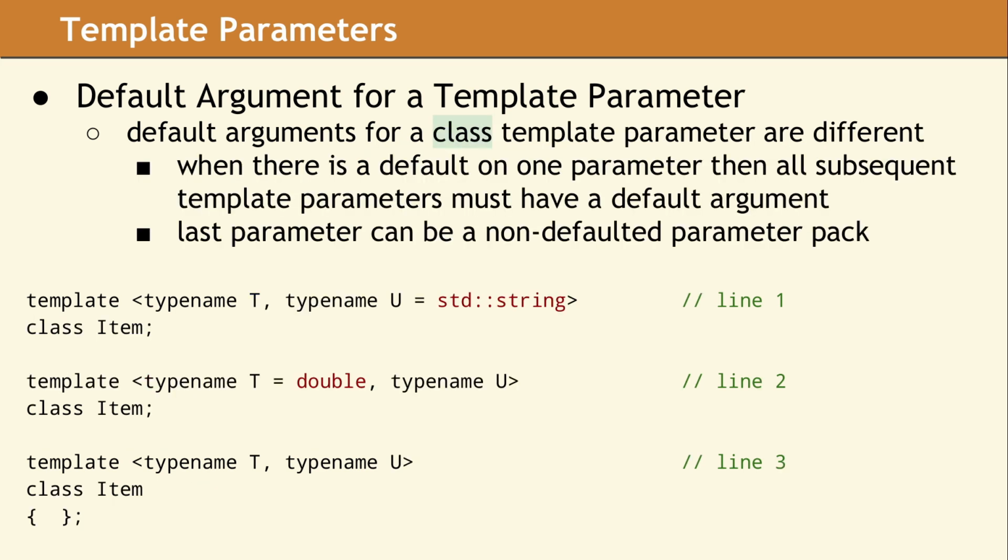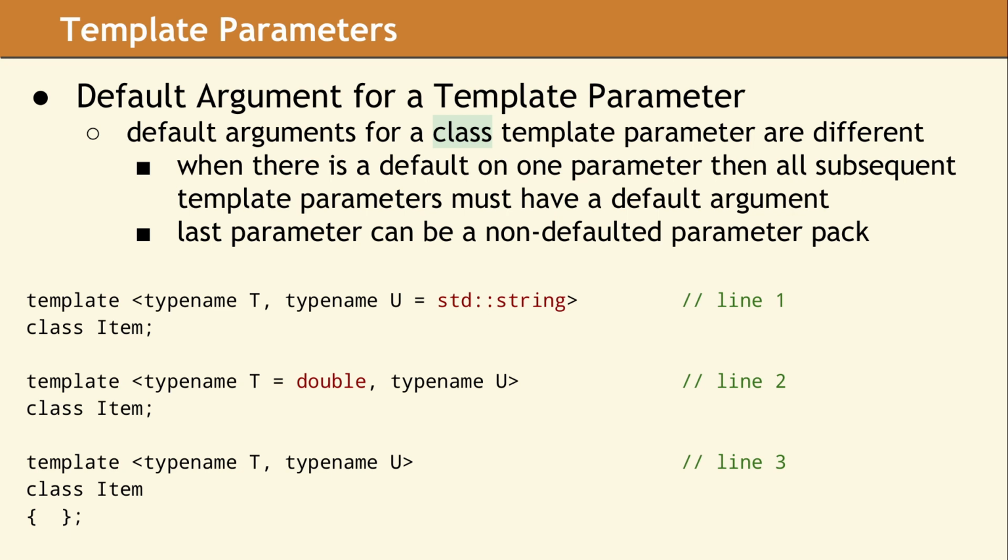The rules we just showed for template function default arguments are not the same when declaring a templated class. When adding a default argument for a template parameter in a class, there must be a default argument for every subsequent parameter. Since it is C++, there is, of course, exceptions to this rule. The last parameter can be a variadic parameter pack. The other exception is that the code on line 2